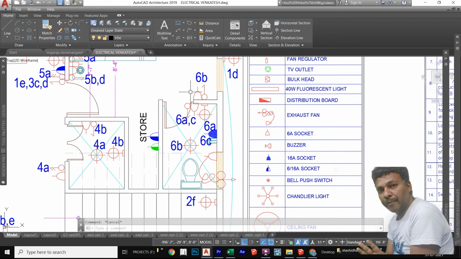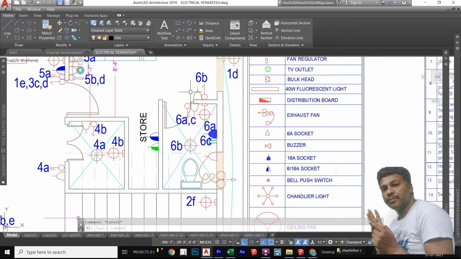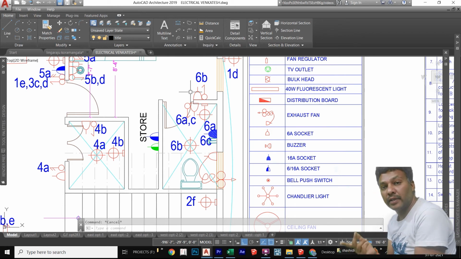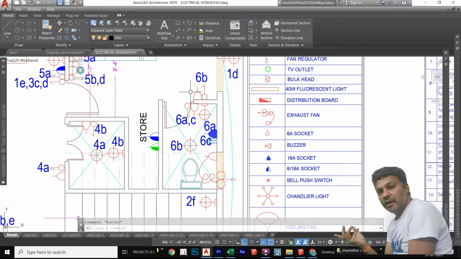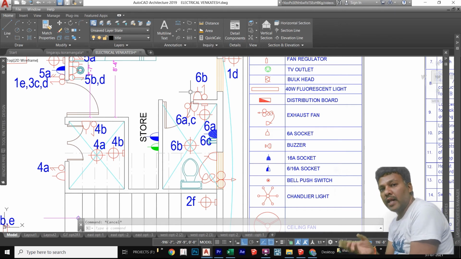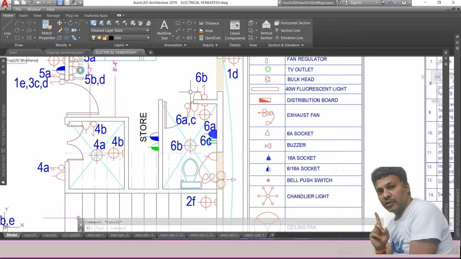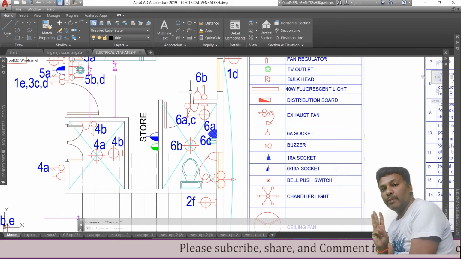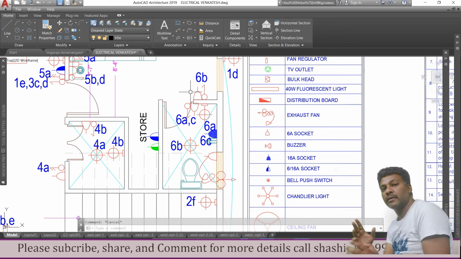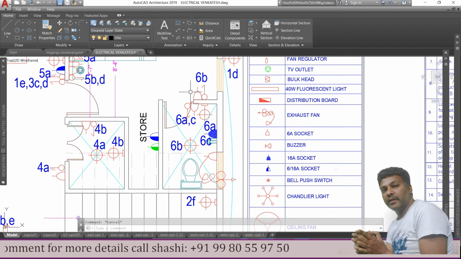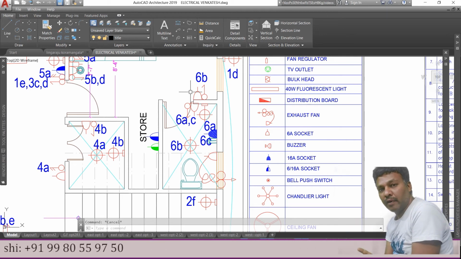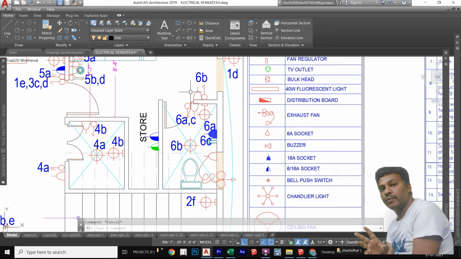So in each toilet, 4 minimum points we require. One is for the ceiling light, second is for the mirror point, third is for the geyser, and the fourth is the exhaust point. These 4 points we require, and in each bedroom minimum 2 to 3 electric lighting points we require. One is for zero light, and one is for tube light, and another some people also use for tube light. Minimum 2 to 3 light points are required, depending upon the size of the bedroom, and one fan point, that also depends upon the bedroom, and one AC point, and one light point controlled outside of the bedroom and inside of the bedroom also we provided.